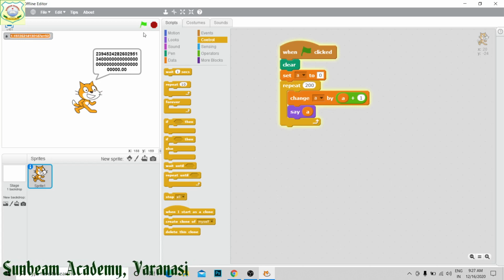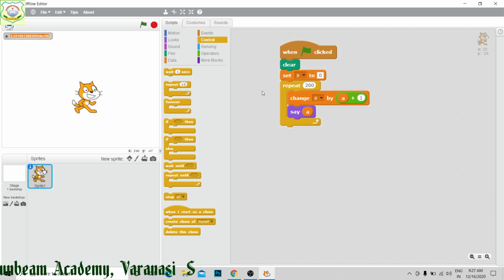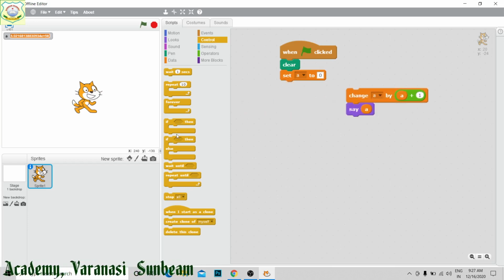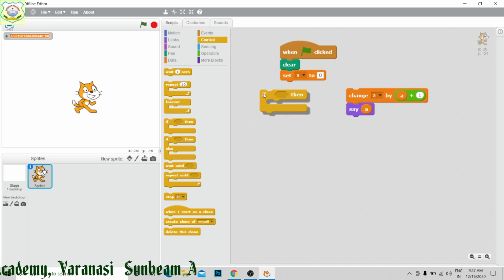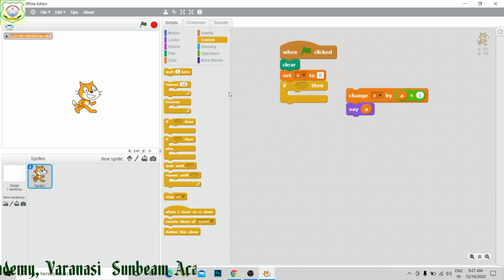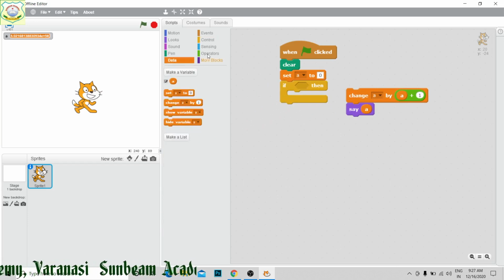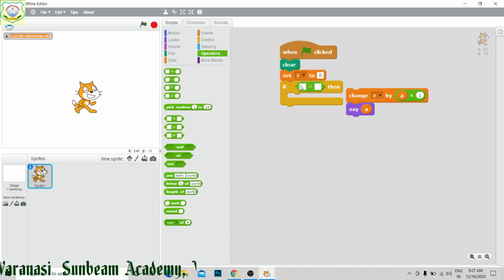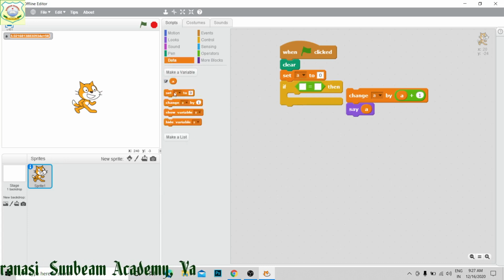It is going to continue because of A plus 1. Okay, we have to give an if-then statement, so I am going to take this one. Now I will take an operator, I kept it over here, then this variable A equal to.